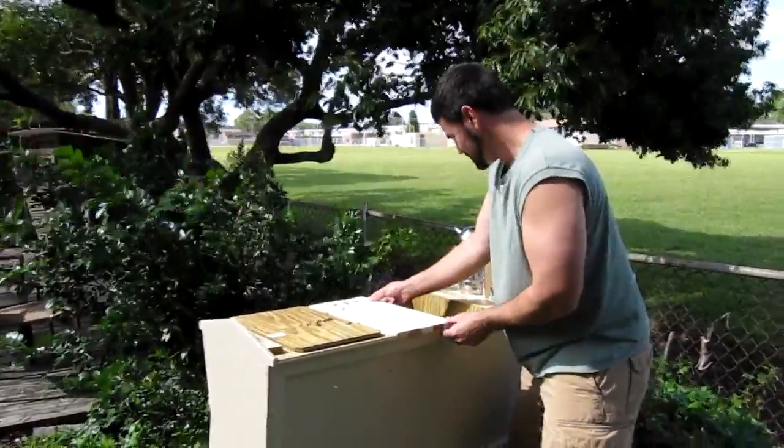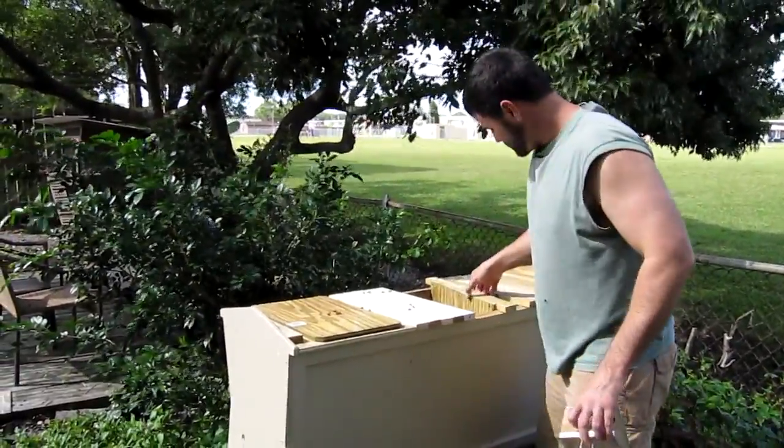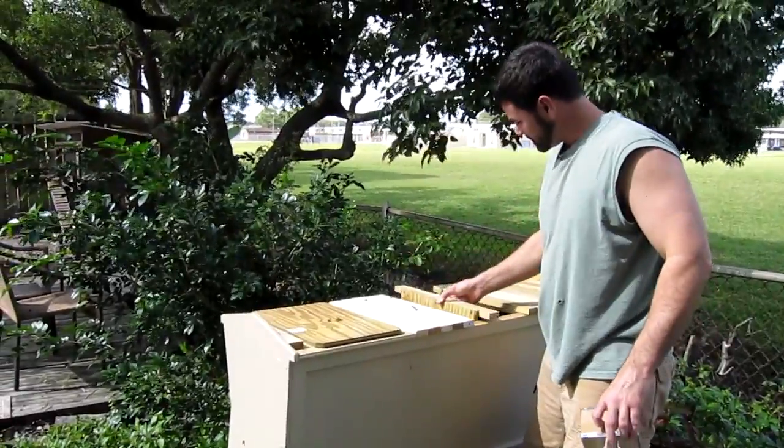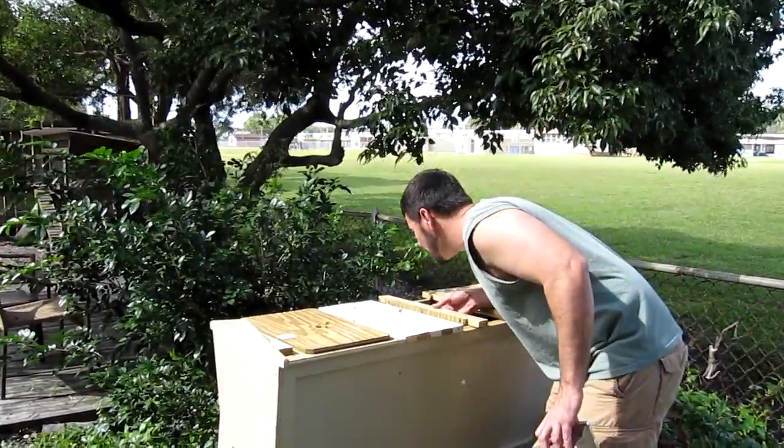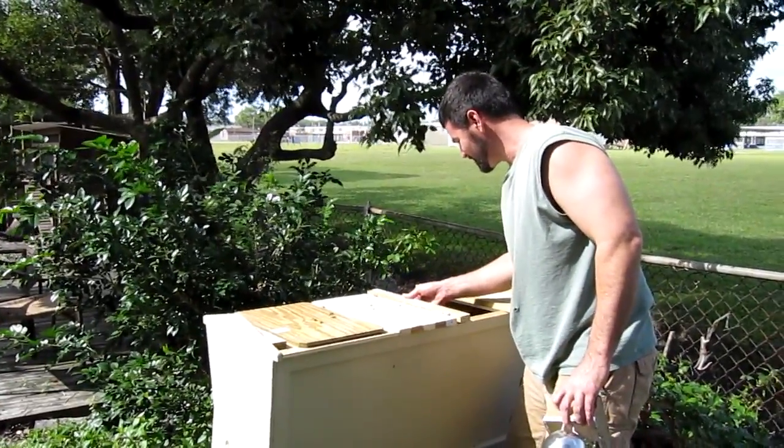Building on this one. The wintertime doesn't slow down so much. Put the excluder back up against the... They're going right to work trying to cool off the...